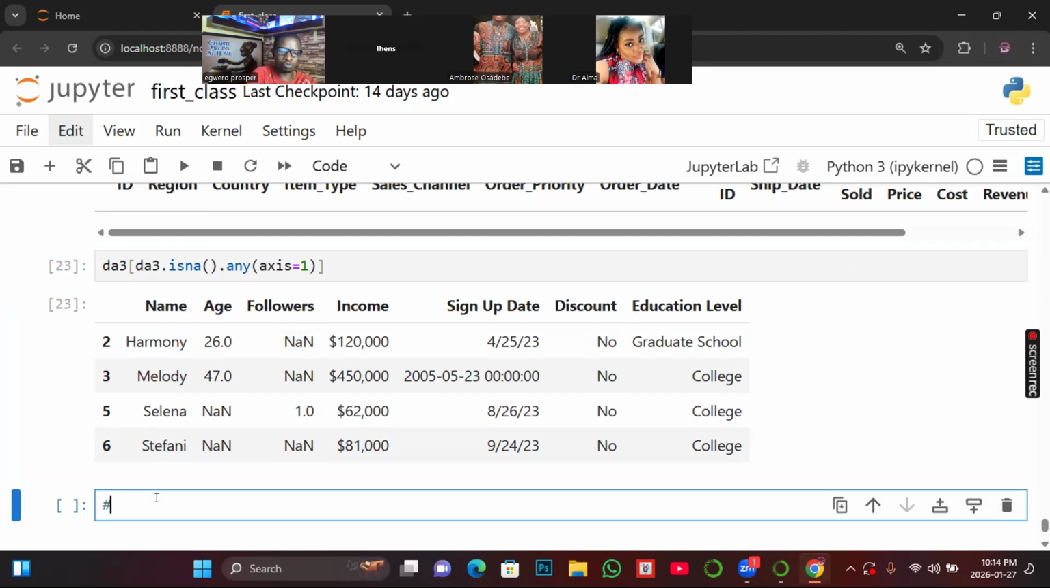So that will take us to another cleaning task now, which is: how to fill all the missing values or NaN with